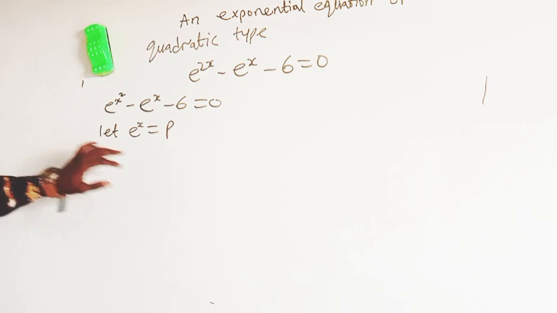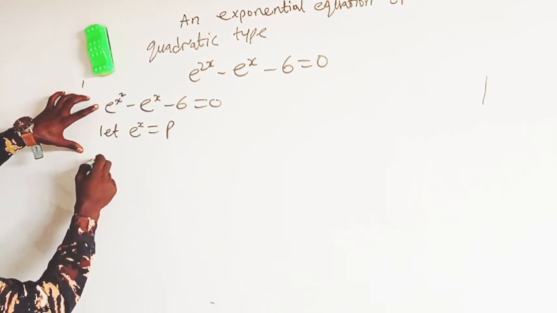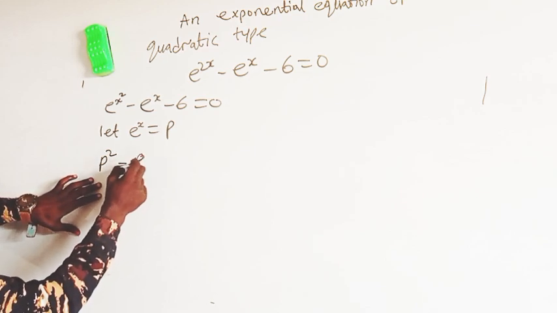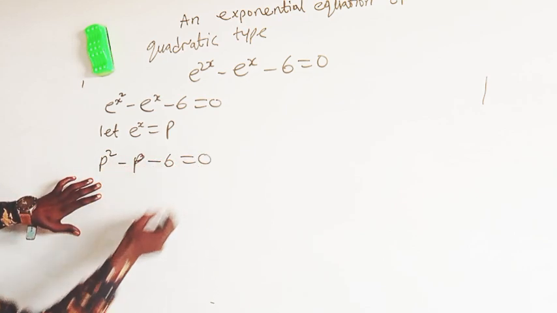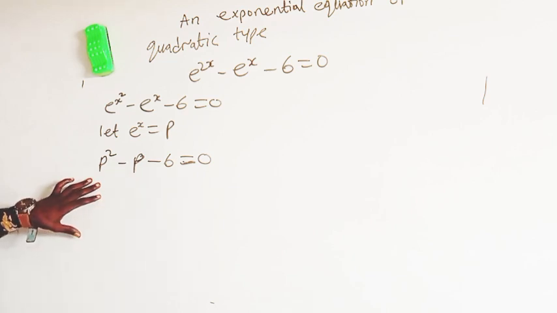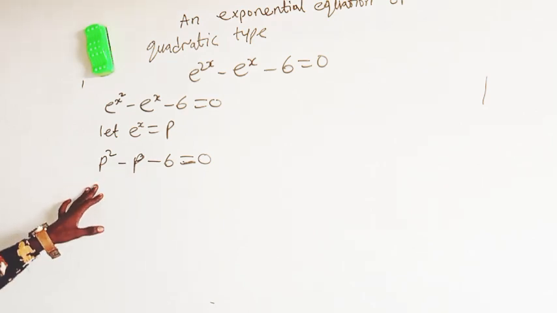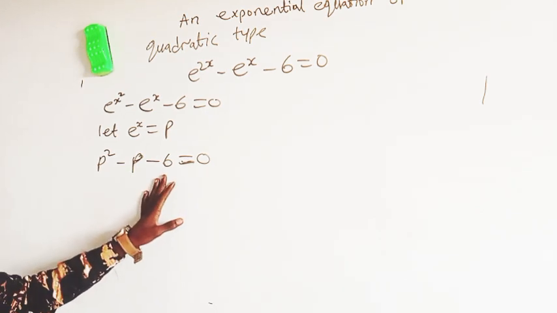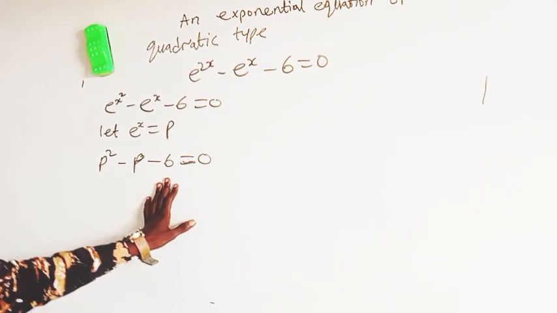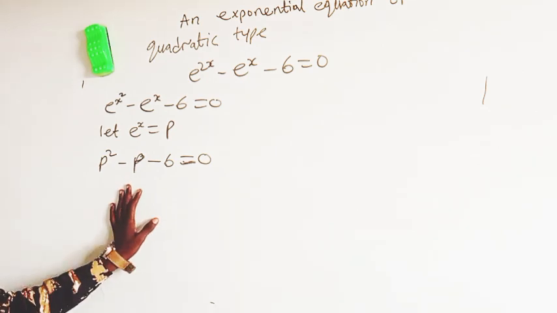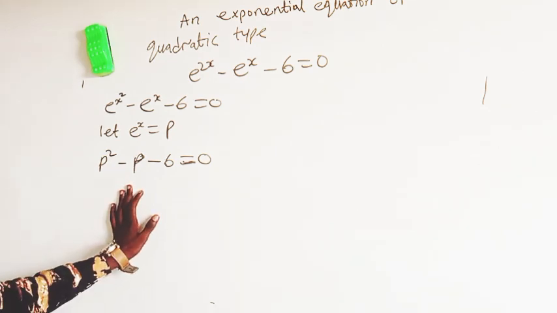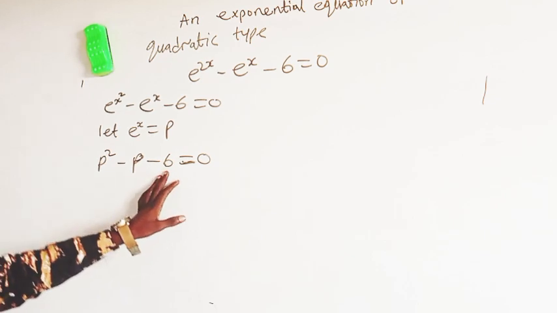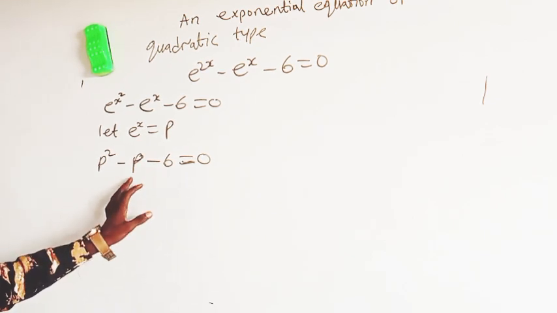So this can be written as p raised to power 2 minus p minus 6 is equal to 0. The next step is to look for two values whereby if you multiply them together, you're going to have minus 6, and if you add them together, you're going to have minus 1. The two numbers to consider are minus 3 and plus 2. If you multiply them, you're going to have minus 6, and if you add them together,